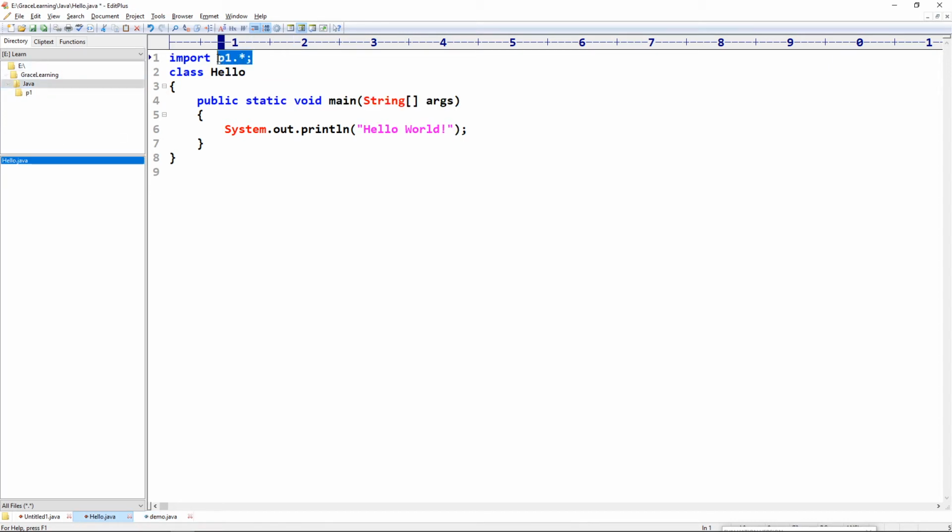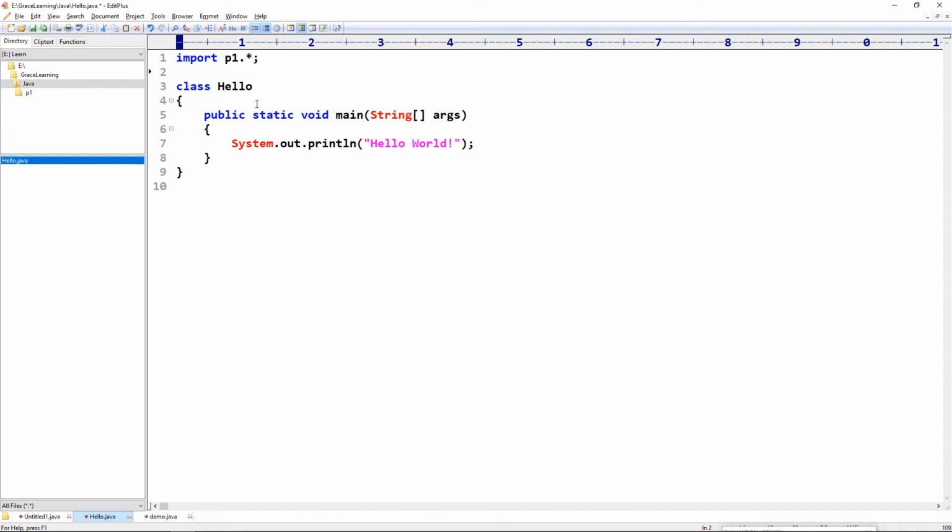With this statement it will import all the classes. Now I will create one object for the demo class, and I will call that show method, and it should run fine.